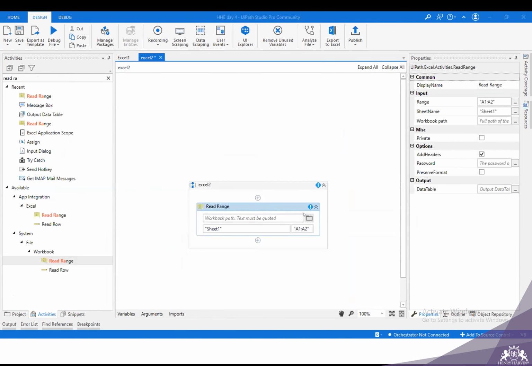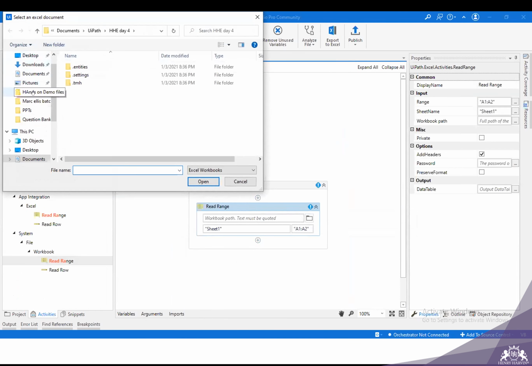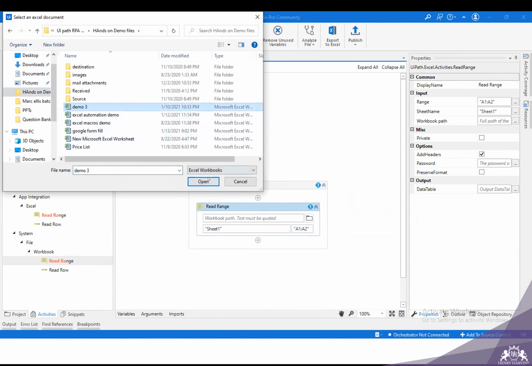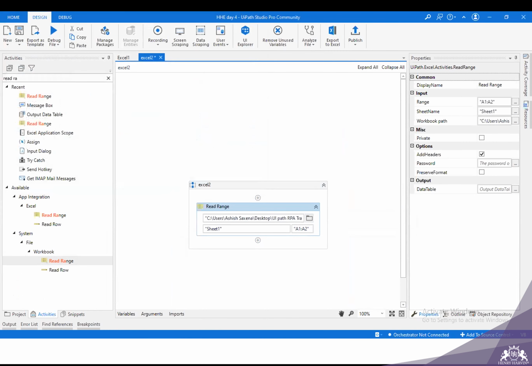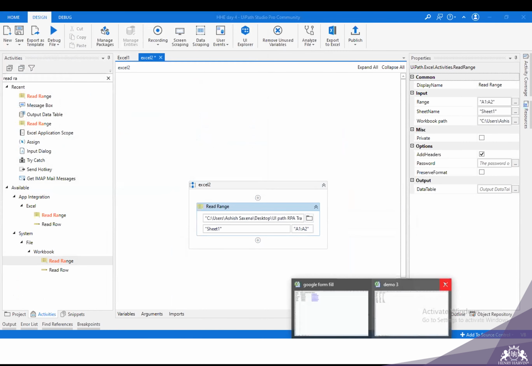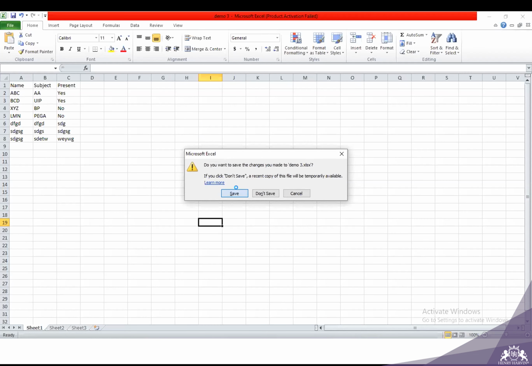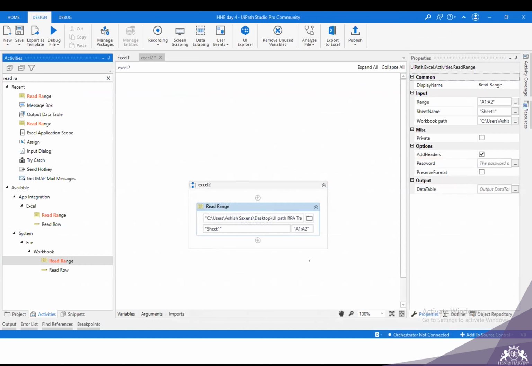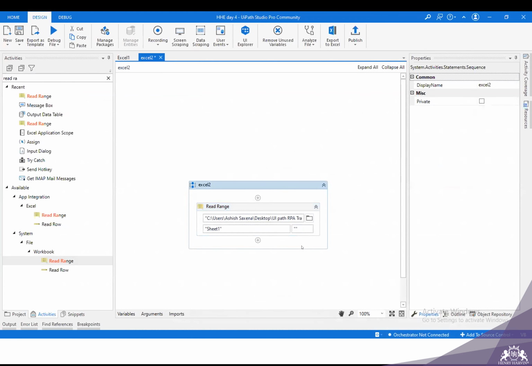I'll give the path of that same Excel sheet, demo3. Make sure you have closed that file before you execute this. I'll say save. And here I'll specify the null range. Instead of A1 to A2, I'll use only blank double quotes.